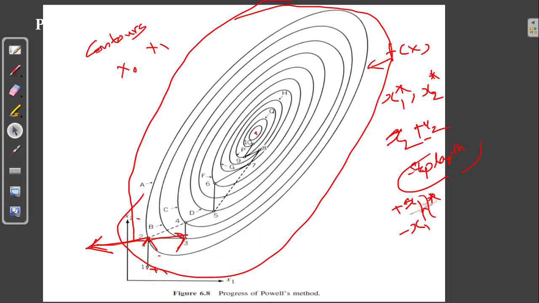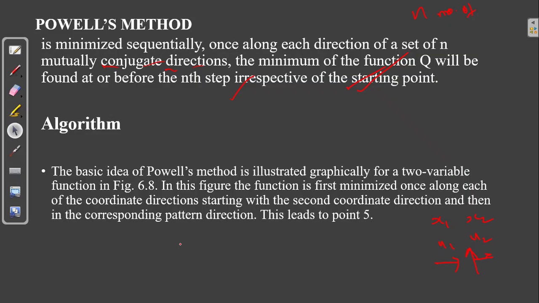So the conclusion is the opposite direction, that is in this direction, so that the contour is minimized, size is minimized. Okay, yes, that is what the algorithm says, that is for Powell's method,